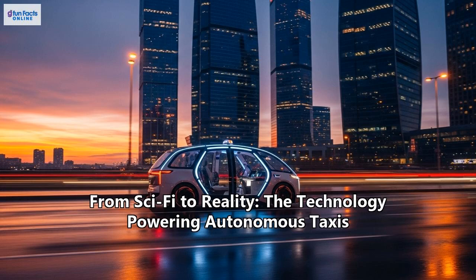Today, we're talking about something straight out of a sci-fi movie that's already on our streets. Autonomous taxis. Forget the futuristic dream. Robotaxis are here, navigating cities like Phoenix and San Francisco. But how do they actually work? How does a car see the world, make decisions, and drive you safely to your destination without a human behind the wheel? We're going to break down the incredible technology, from laser eyes to artificial brains, that makes it all